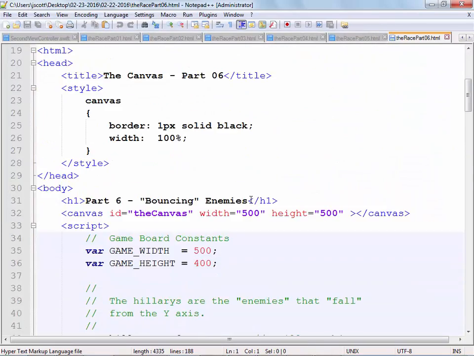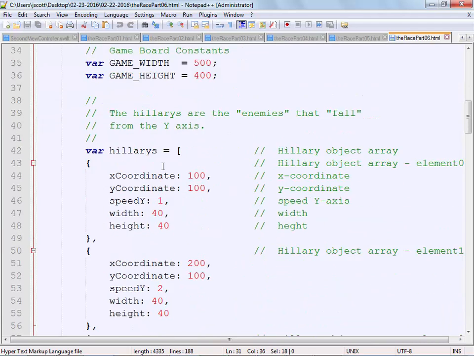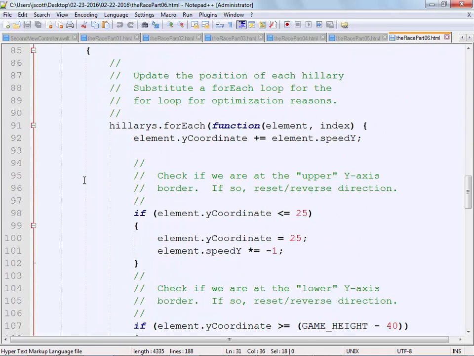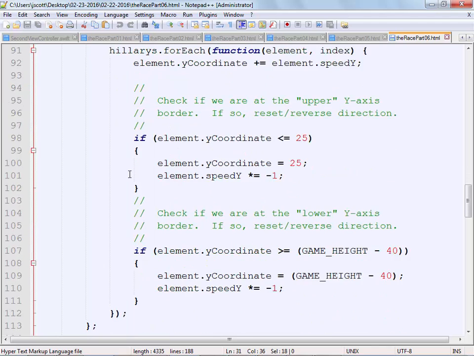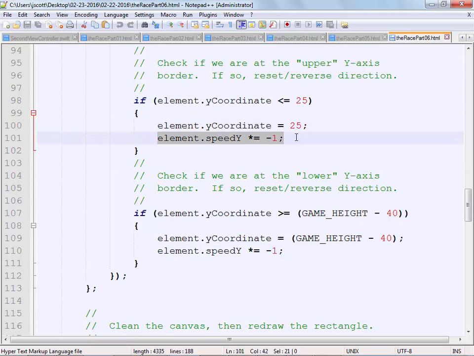Then part 6. Now we want to make them bounce, because they're falling from the sky but they aren't bouncing. So we do the same kind of thing. Here, just to show you another way of doing it, I didn't make constants. I used 25 as a value there. So when you're within 25, reset it to 25, and here's another way you can do that: set the speed equal to -1. In other words, if you're going vertically down, move it to vertically up, and vice versa.